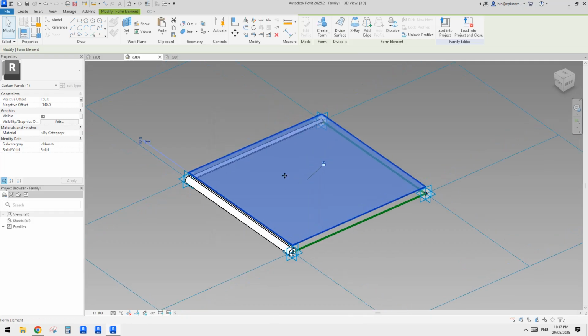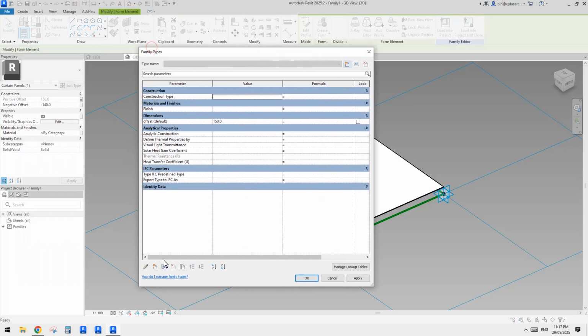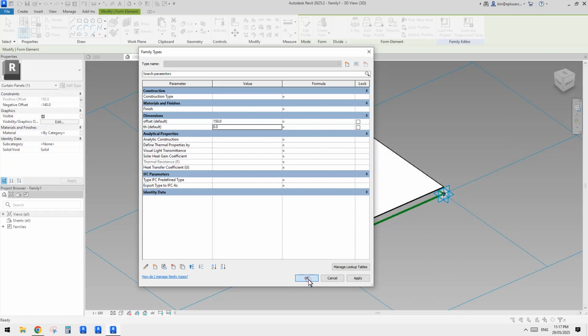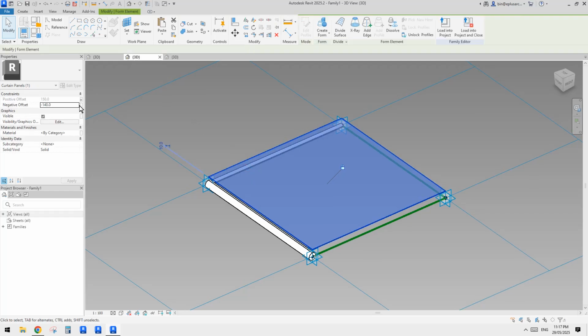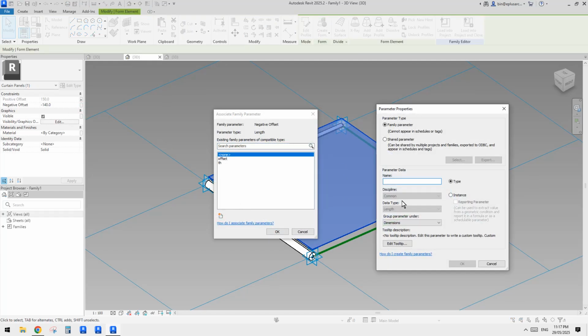And this one, we need to create a thickness. So I'll just call it TH, the thickness of the panel, and we also need to control this one. So I'll call it offset negative. Yeah, it's a little bit confusing, but